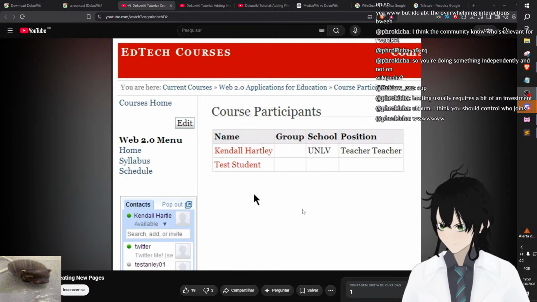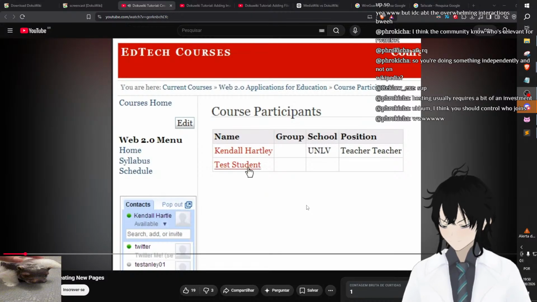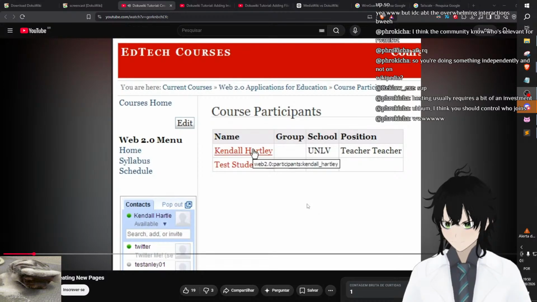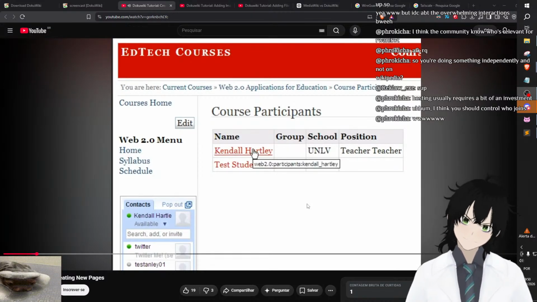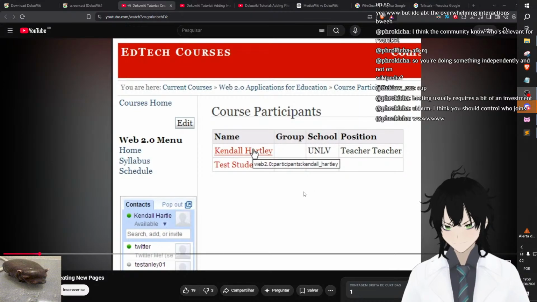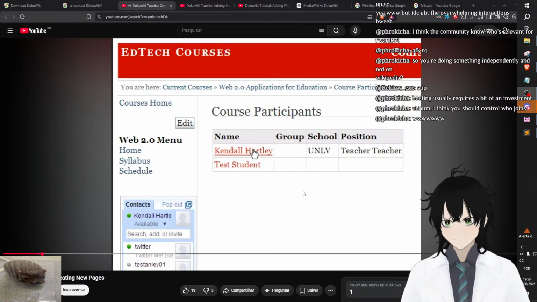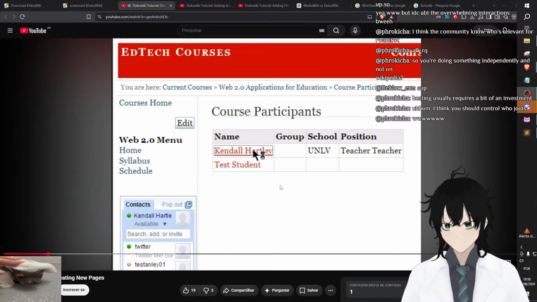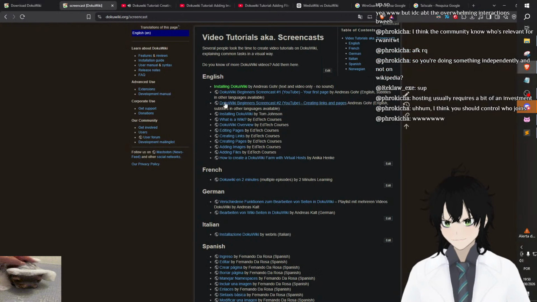One of the ways to create a new page is anytime you see this red text, looks like hyperlinked, it indicates that although there's a link to a page within the wiki, it doesn't yet exist. So one of the ways to create it is to go ahead and click on a link that is red, and you'll be prompted with the note that